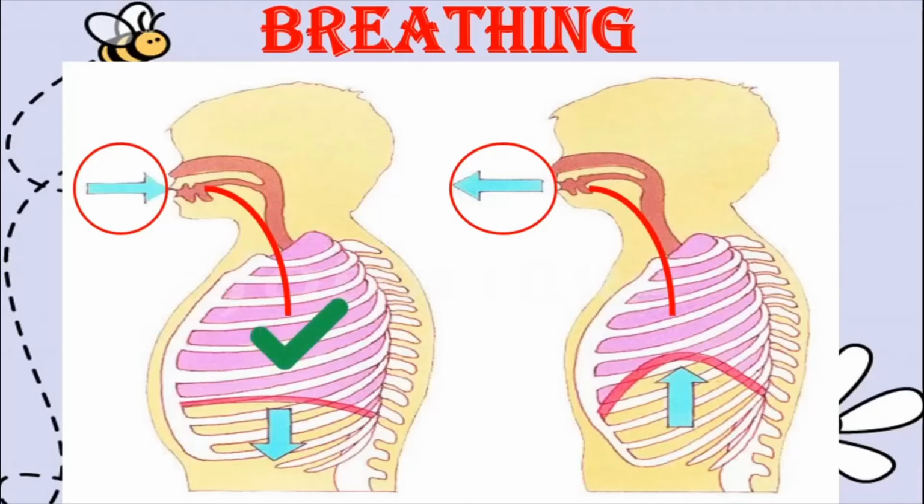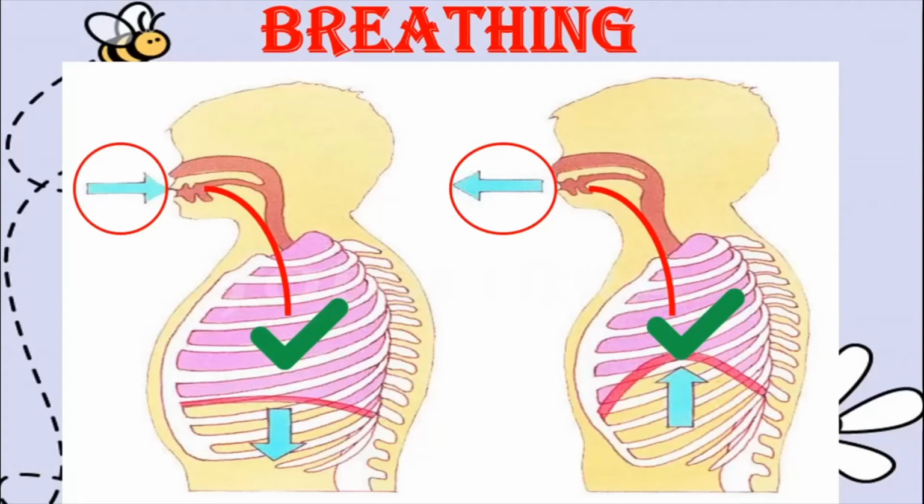Can you see this pink organ in your body? That is the lung in your body. There are 2 lungs. Okay, we call it a pair of lungs. Like we have 2 kidneys, we have 2 eyes. In the same way, we have a lung which has got 2 parts to it.